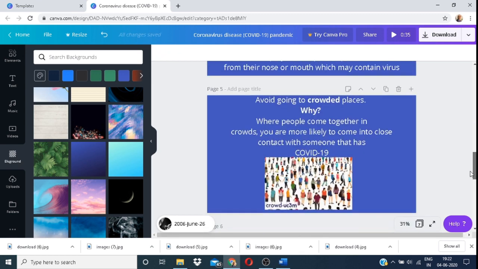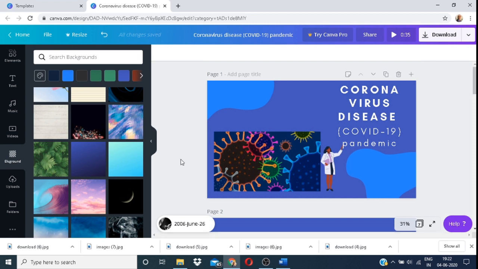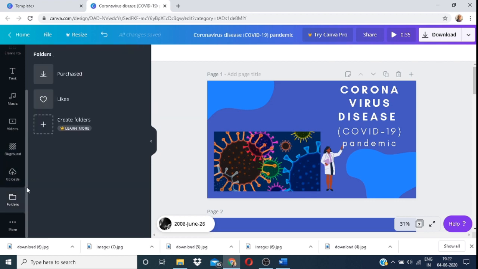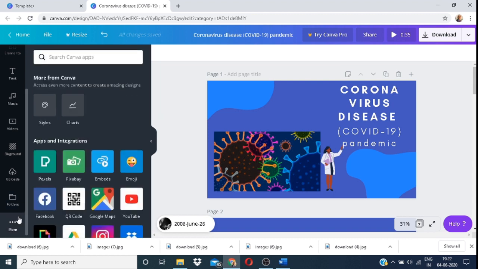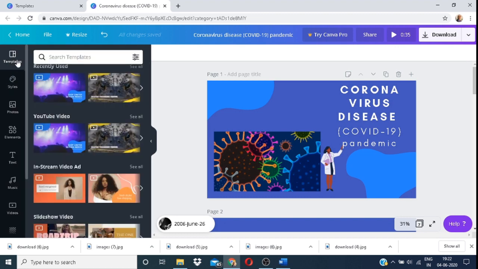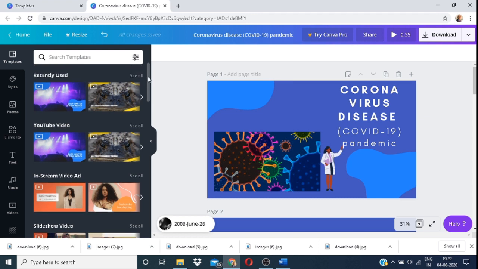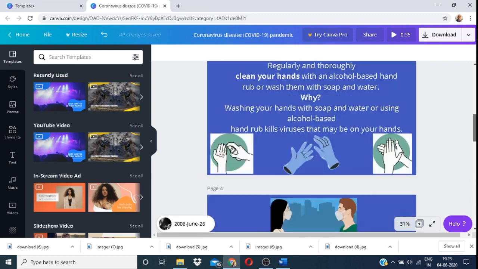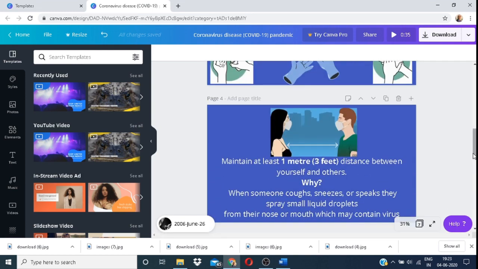So I think we are done with today's tutorial. Let's go through some last bits of it. So we can create a folder, but it's only for the paid version. There are just some styles and some charts which you can explore for yourself, and some templates that you've seen already. Let us see how it's come together.